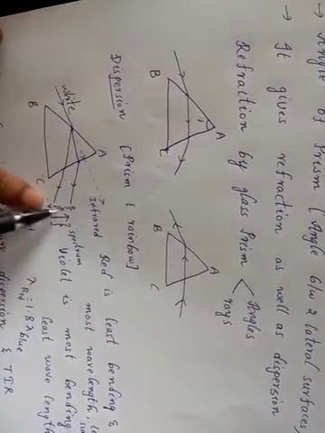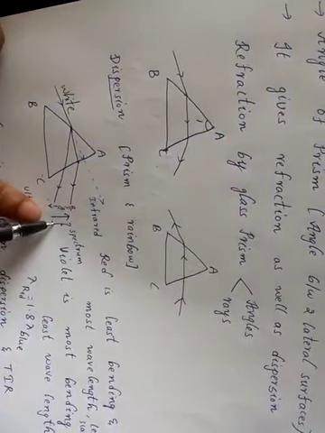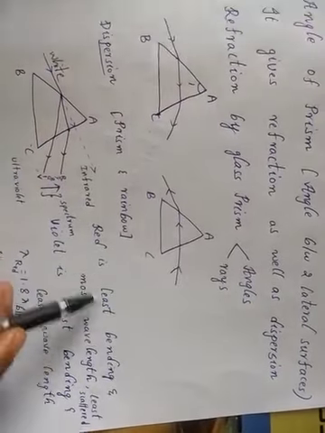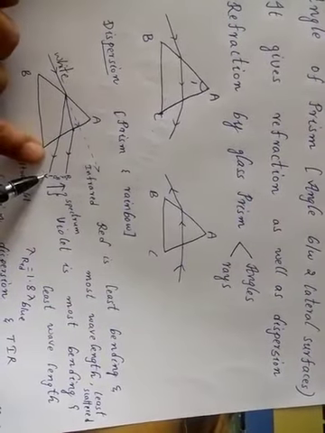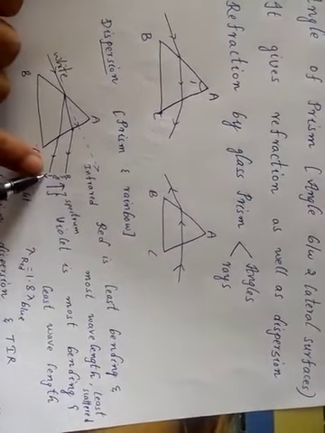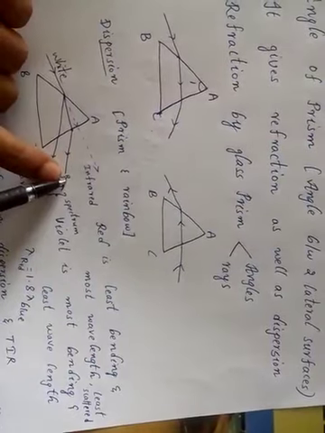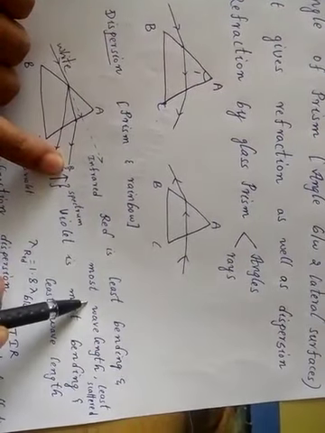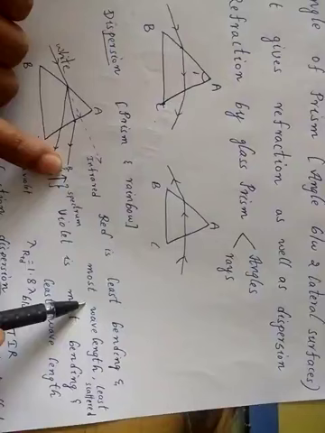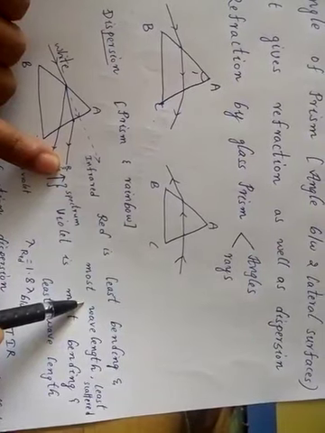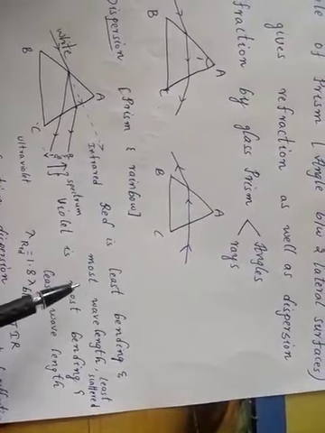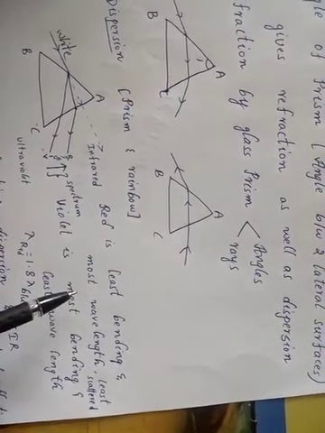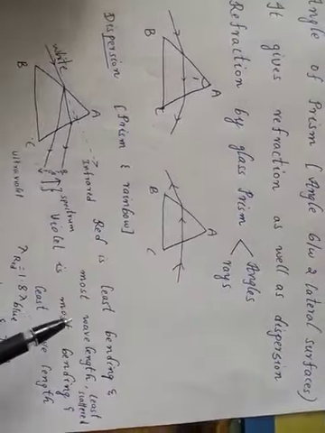So this band of colors is known as spectrum. Here red is least bending color, violet is most bending color. Which is least bending color? Red. Which is most bending color? Violet. Red has more wavelength, that's why it is used as danger light in signals, and it is least scattered. That's why early morning if you have smoke or fog also, red color is visible from far away.